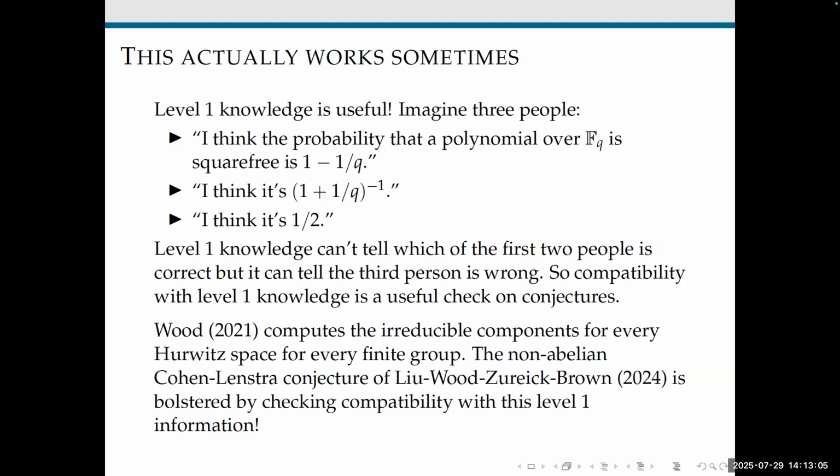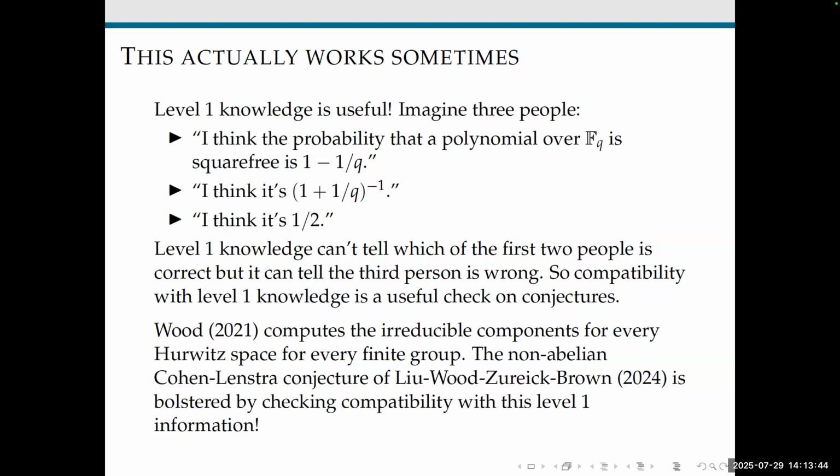So in some sense, a lot of conjectures in arithmetic statistics, I didn't really emphasize this when I talked about Batyrev, Manin, or Malle, but one interesting thing about those conjectures is that they were certainly incorrect as originally stated. It's very subtle to get them exactly right. And I think this level 1 information is actually quite useful for stress testing any conjecture of this form, because the reasons that a lot of them are incorrect could have been understood at this very level 1 level. And in particular, Melanie Wood has a wonderful paper where she basically gets level 1 information for every